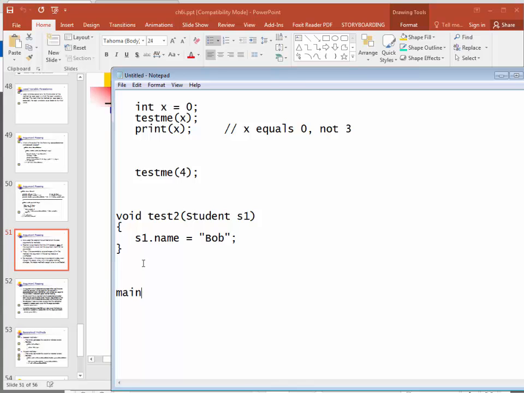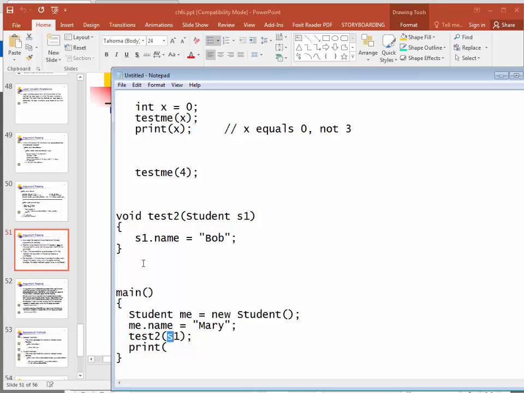So down in main, if we create a new student, student me is equal to new student, me.name is equal to Mary, and then we call test2, and we pass that student in, and then we print out,